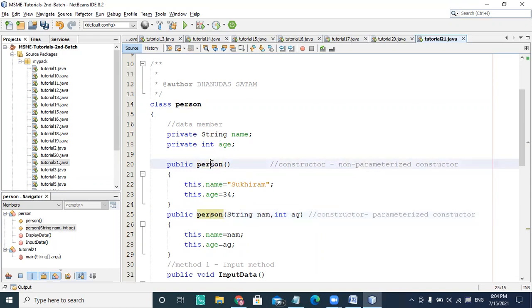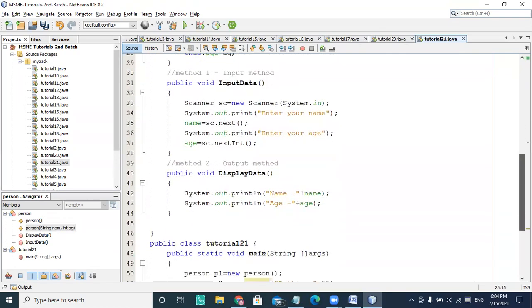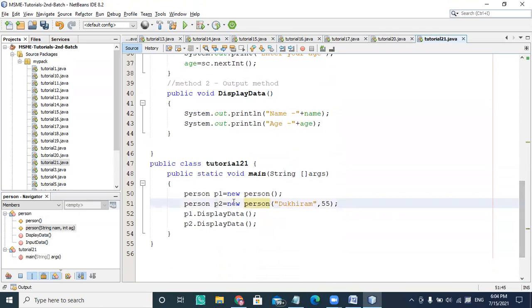Here it is a constructor rather than an ordinary method, therefore we call this constructor overloading, because we have two different constructors. According to the signature match, the respective constructor is called. So let us start debugging again.